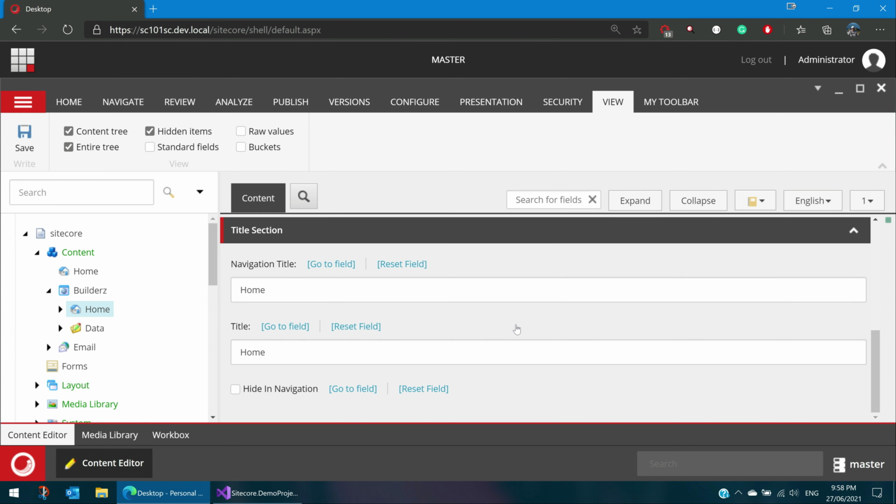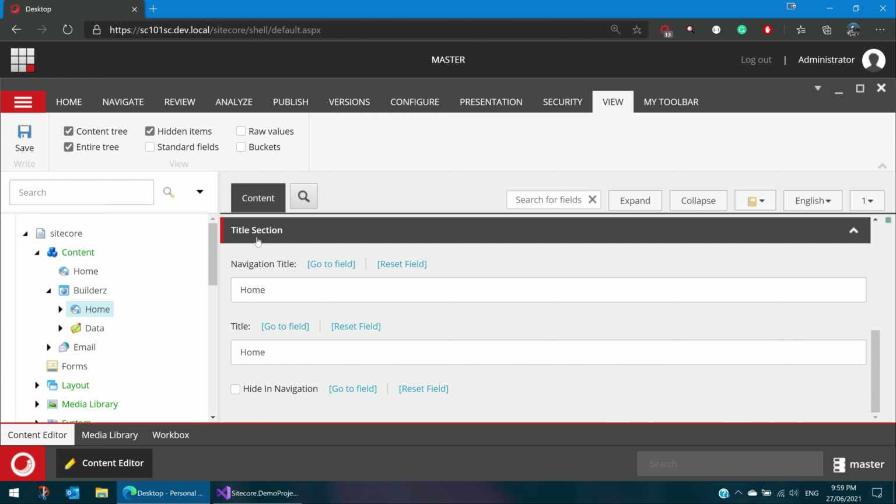So what happens here is, if a template is inheriting from multiple templates, and the field section names are common, then all the fields under that section get merged together, irrespective of which template they are coming from. If you notice here, navigation title and hidden navigation are coming from the base navigation, and title is coming from base title, but both have title section only. So that means both will get merged together.